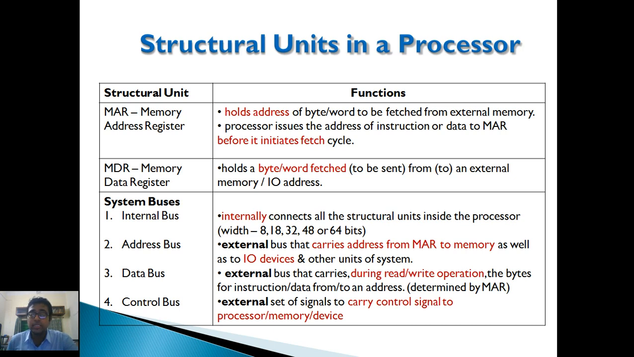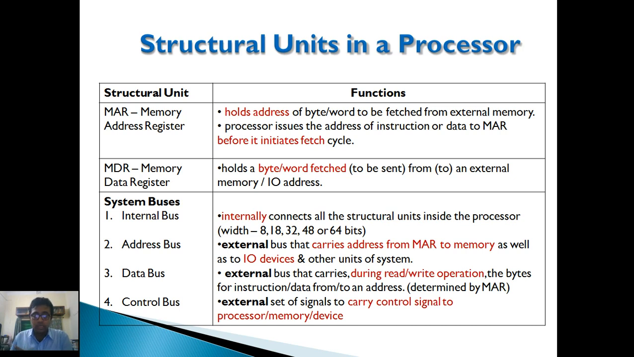The data bus is an external bus that carries, during read and write operations, the bytes for instruction or data from or to an address determined by the MAR. From the memory address register, the address of the programming instruction has been fetched by the processor. After that, through the memory data register, what does the memory data register do? The memory data register fetches the external memory data, the byte or data to be sent from or to an external memory or input output device. So the data bus, as determined by the MAR or the programming instruction,